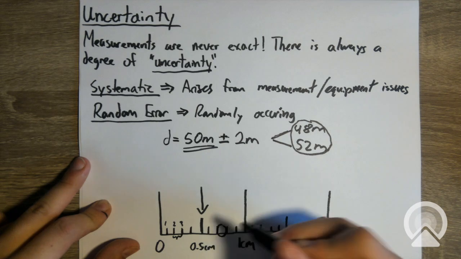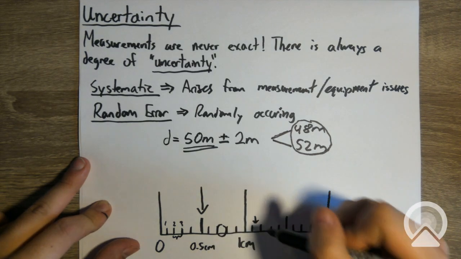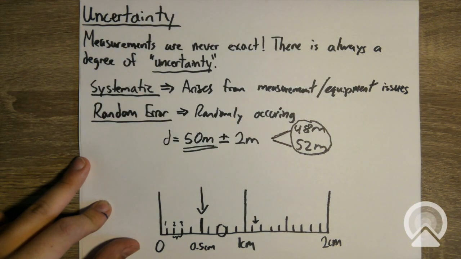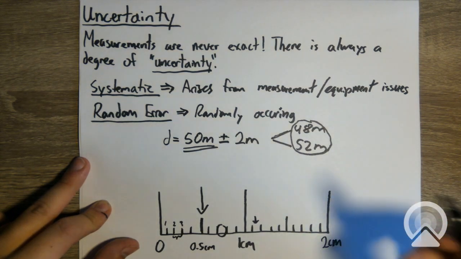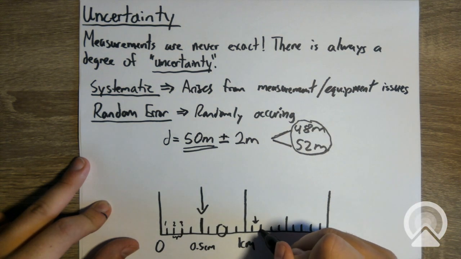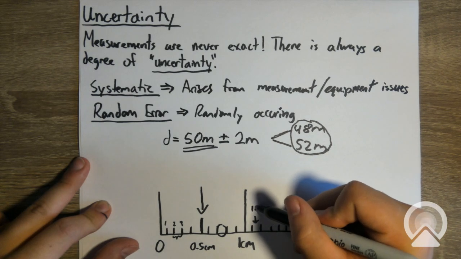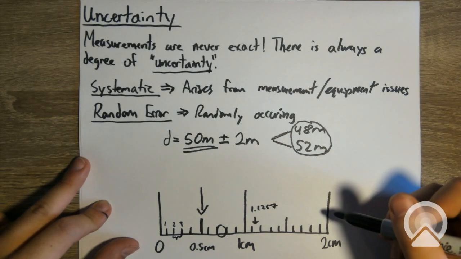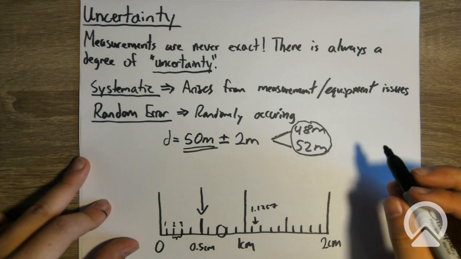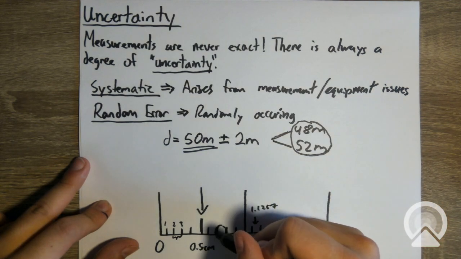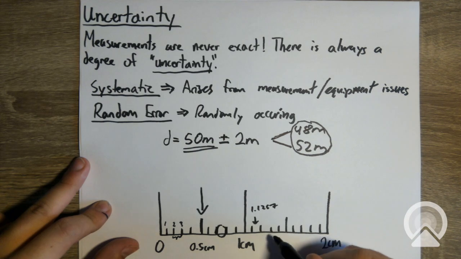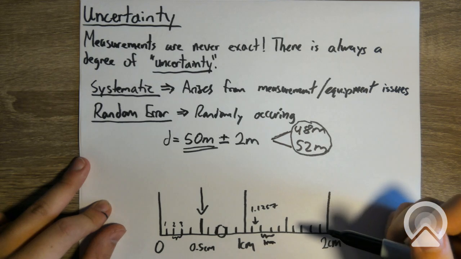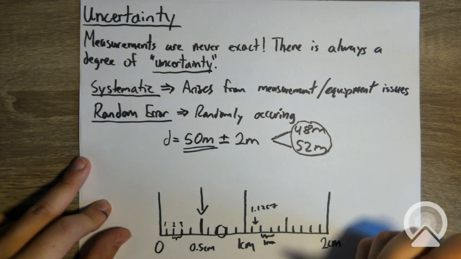We can't know, if we measure, say, in the middle here, whether that is 1.1 or 1.2. We can't say this is 1.1257, right? That's too precise for this device. So what we do is we take the smallest increment, which would be a 1 millimeter increment, and use that as our uncertainty. So that's the width of our uncertainty.